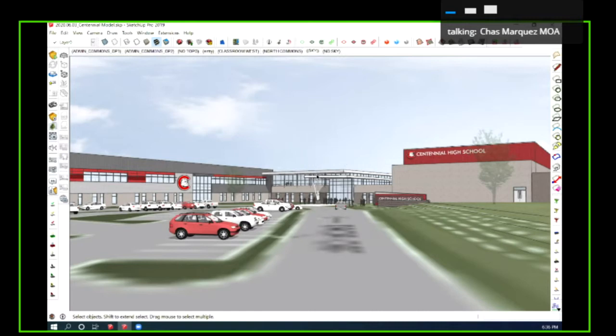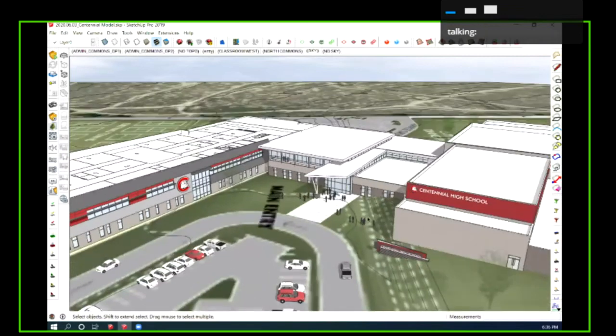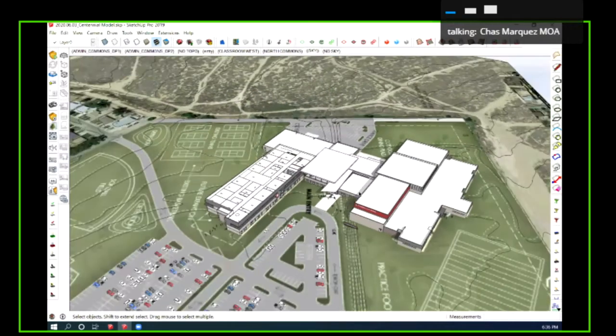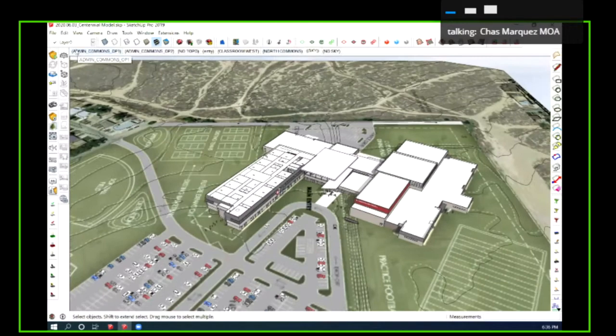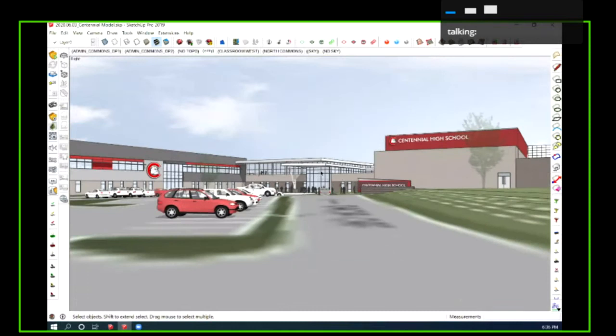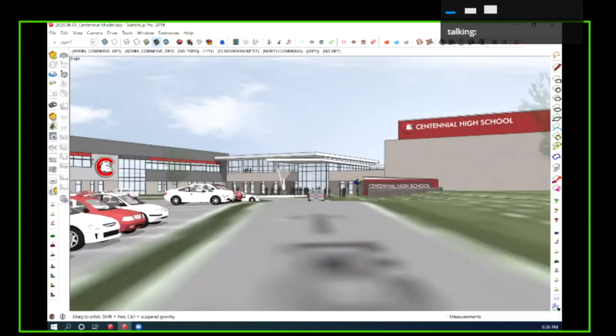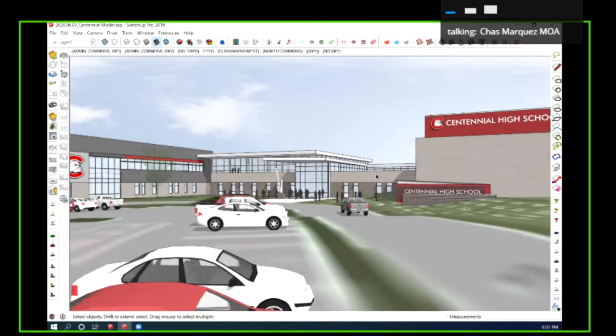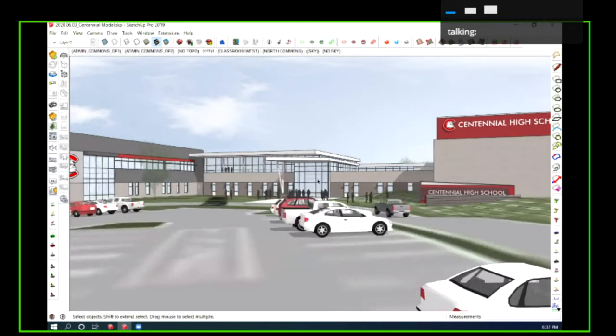So this is Centennial. I guess to zoom out here, just to reorient ourselves, since we're so familiar with the plans at this point, this will be to the entry point. Again, that big grand entry, like we were seeing in some of the polling images. On the approach, doing some heavy branding, using some of the school colors as well as school logos and branding of what the school is.